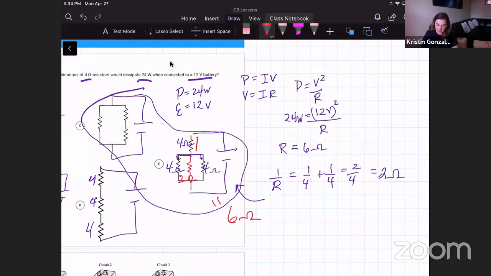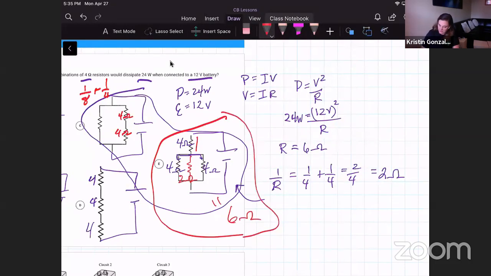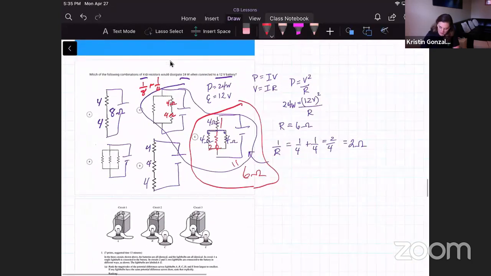Whereas if we looked at C, and these are both 4 ohms, well, that would give me 8, and I would do 1 over 8 plus 1 over 4, right? It's not going to get us there. So E is the one that we want. Okay,